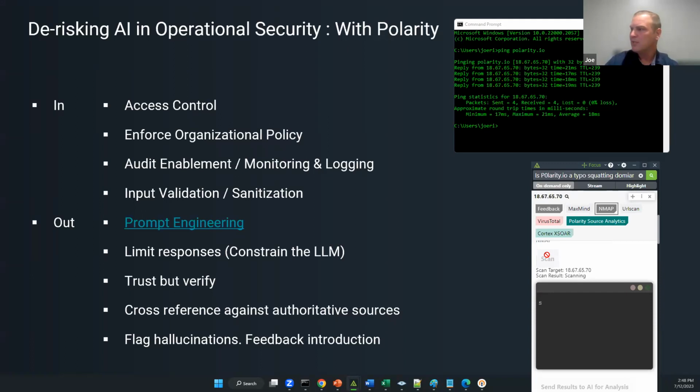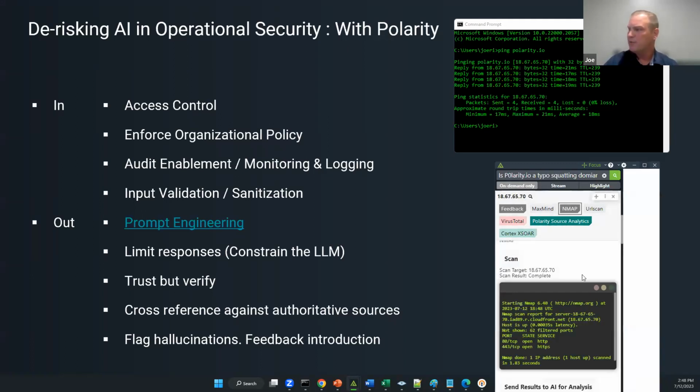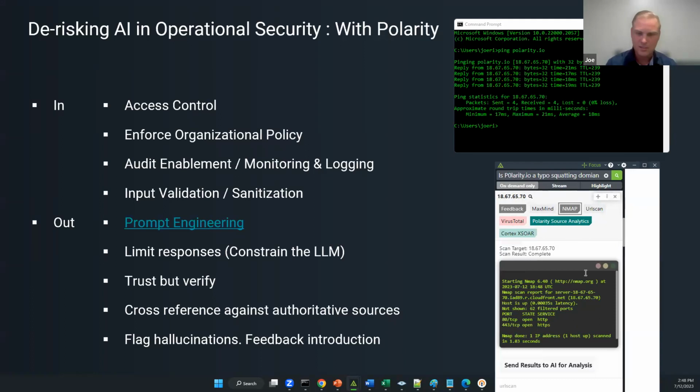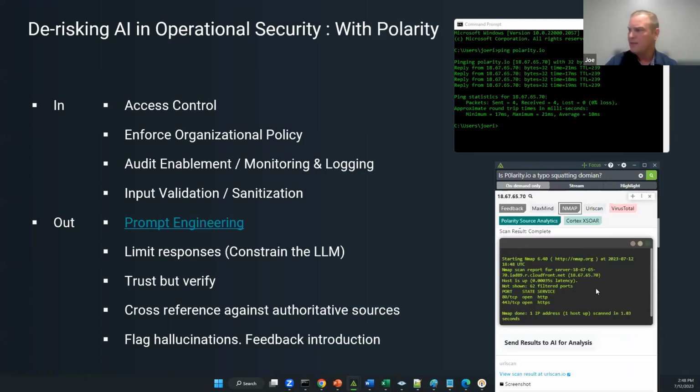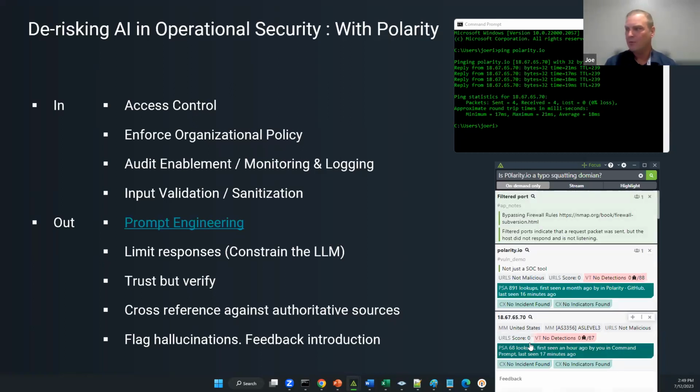And what I'm going to do here is I'm going to kick off this scan. And what you can see now is Polarity is issuing a job to an installed instance of Nmap and interrogating an IP. This is probably running at like T5, which you should not run. And it's bringing back the ports and services that are listening on this host. And this is our live host, right? This is polarity.io today. Now I have some results, and to the elements of AI that Ed and Chris were both talking about insofar as the strength and power of prompt engineering, I have built-in prompt engineering for this particular integration, and I can send those results to AI for analysis.